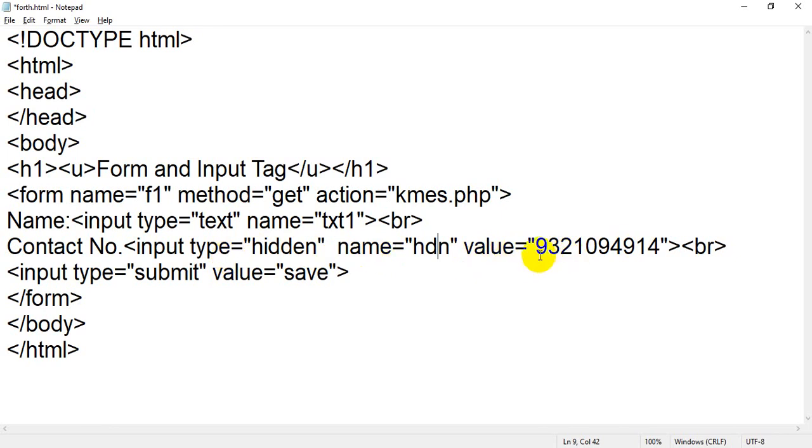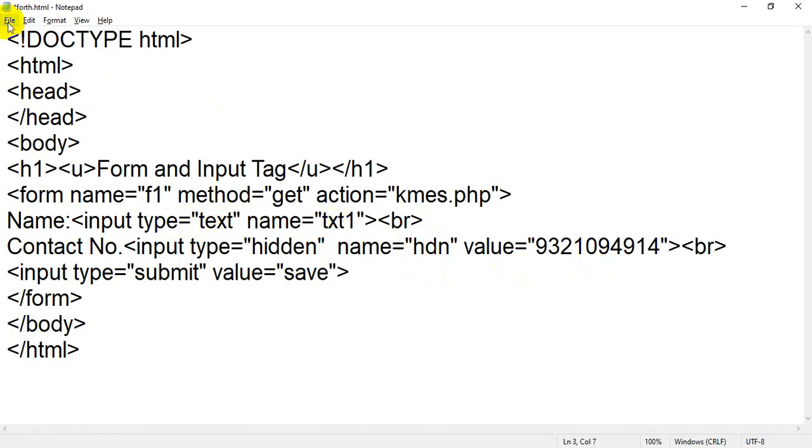So this value will bind with the name attribute, whose value is hdn. So hdn will be bound with this value, and whatever you insert inside the other text box, it will bind with txt1.